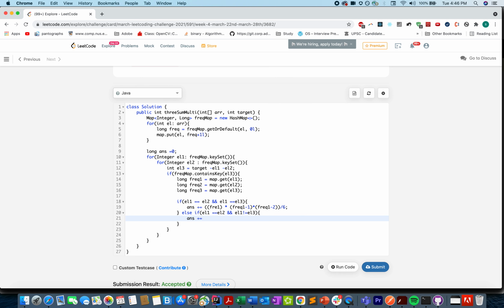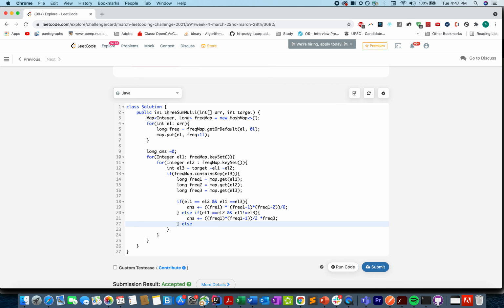The updated value would be n1 into n1 minus 1 by 2 into n2, where n2 stands for the frequency of the distinct element. So that would be frequency 1 into frequency 1 minus 1 by 2 into frequency 3, because that is the distinct element here.